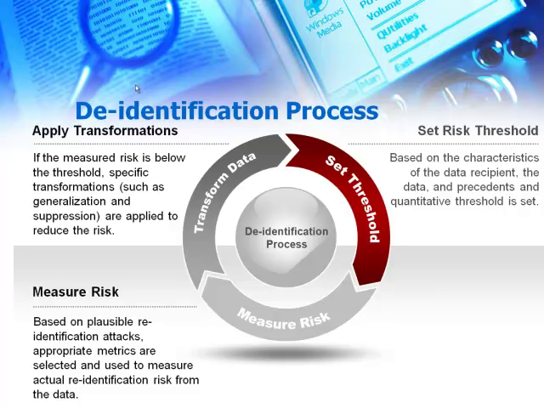And again, this is the process we've been using for the last few years. It's worked very well, and a number of large registries in Canada and the US have been using this to release data, and it's a very logical, rational risk management type process. If the risk is high, then you transform the data, and there are many ways to transform data. It'll be a function, of course, of the nature of the data. You do different things for longitudinal data versus cross-sectional data, or if you have free-form text versus structured data in a database. But reducing precision is one technique, so you'd reduce the precision of the postal code, or you can do more sophisticated analysis on geographic information to reduce the risk.